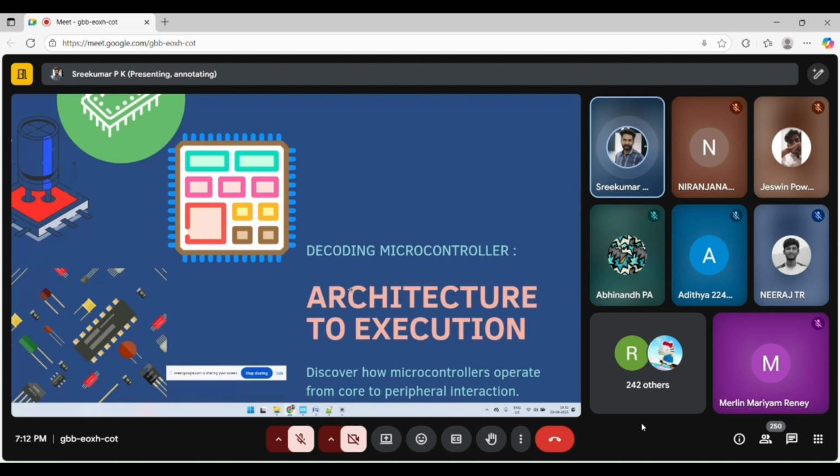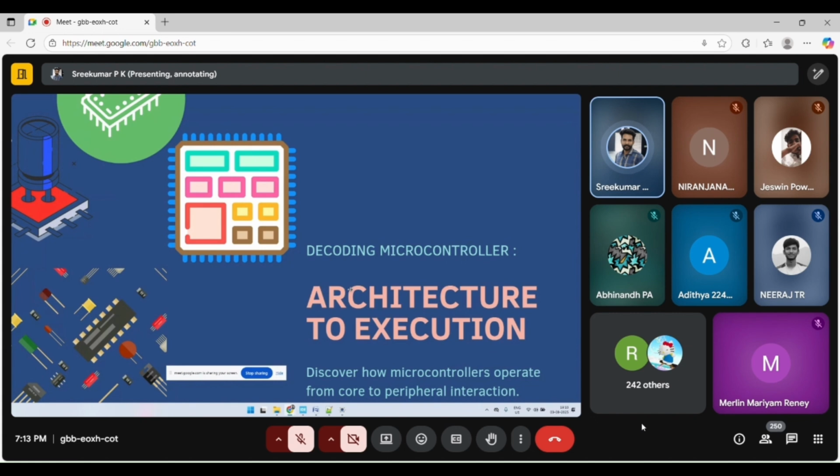So the first microcontroller was invented by Texas Instruments. Now, so many companies are manufacturing it for different purposes, like automotive, industrial, communication. So many areas are owned by microcontrollers now in the electronics industry.